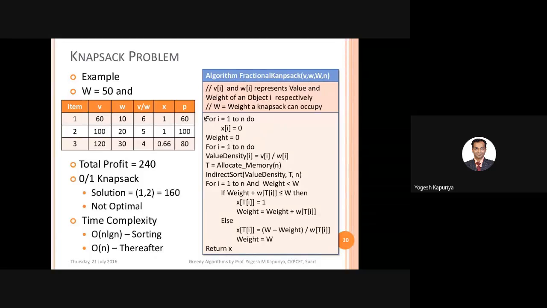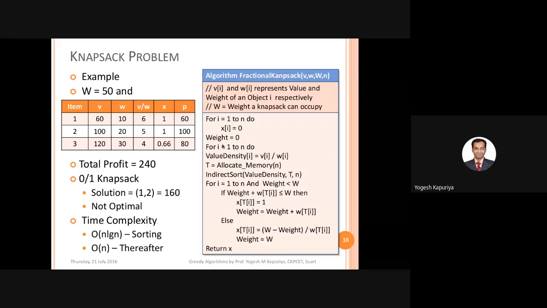So the first step is to count the steps. This for loop will be running n times. So that means 1 to n, so that's n plus 1. And this statement will run n times. So this is n plus 1 and n. This is a simple, single statement, so it will have a count of 1.